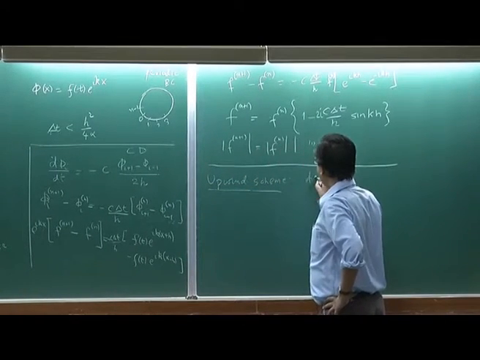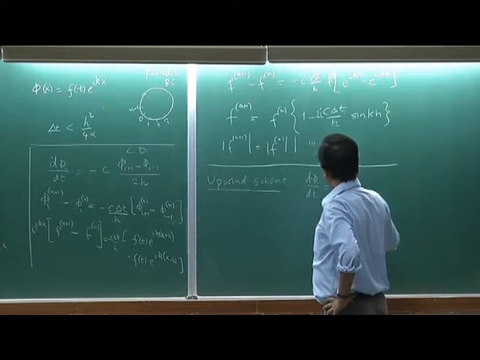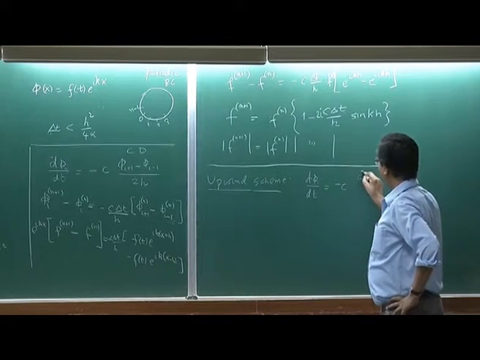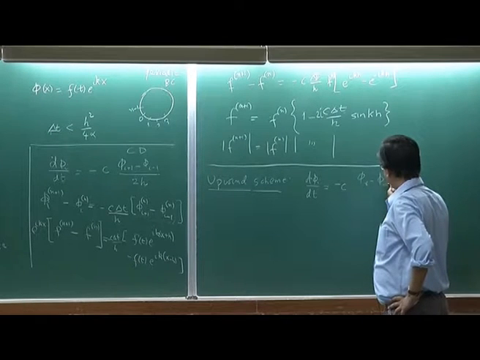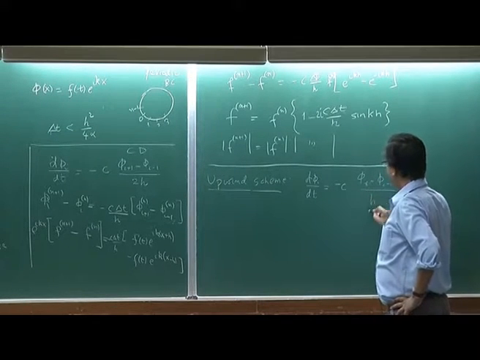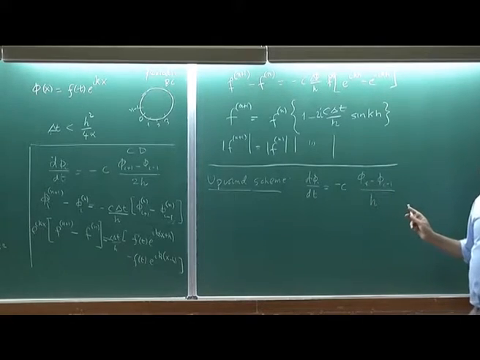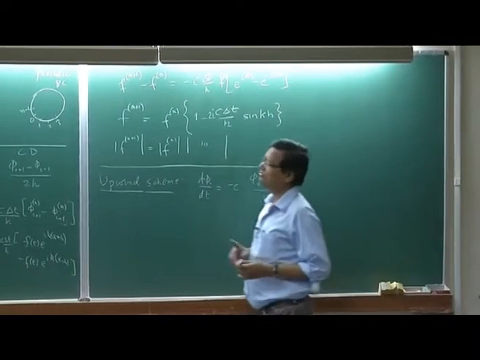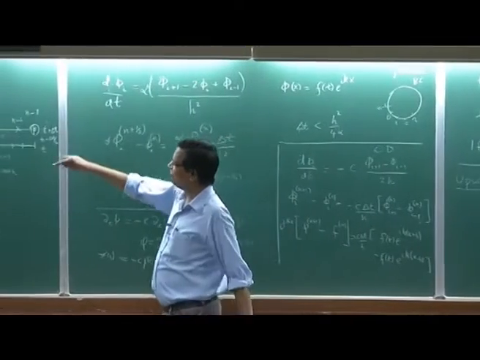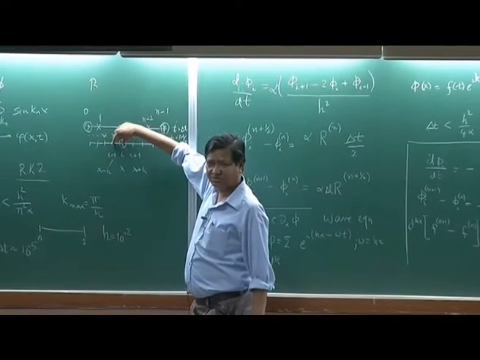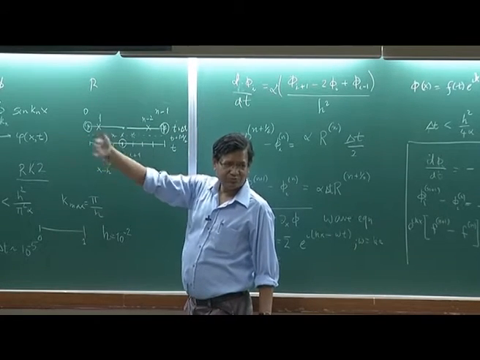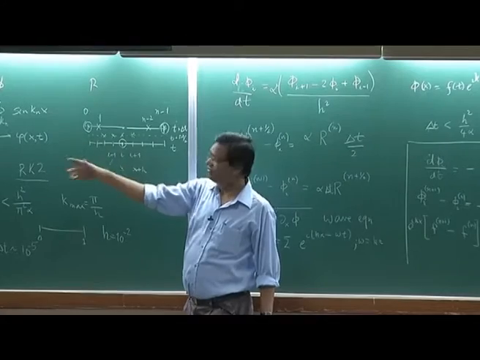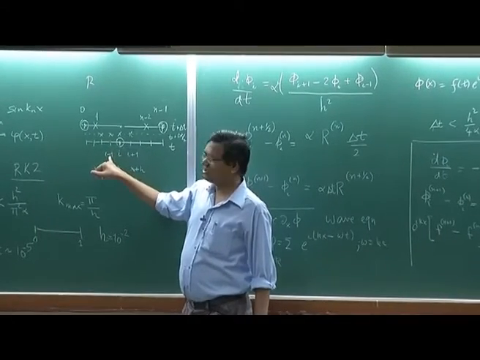So, d phi i by dt. So, this one is computed by phi i minus phi i minus 1. So, this is forward differencing, because actually backward differencing, it is backward difference, no. So, I am taking the derivative by using only 2 points, but I am using a point behind me. So, backward differencing scheme. So, i minus i minus 1.